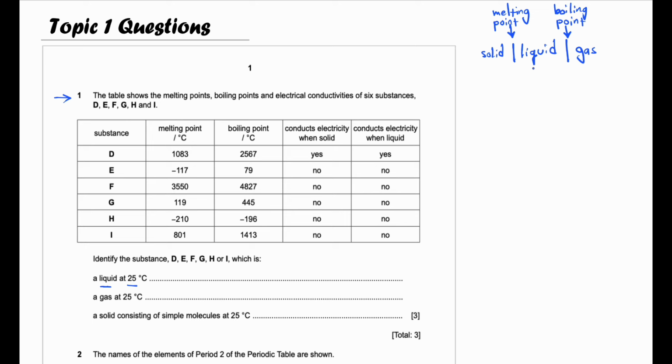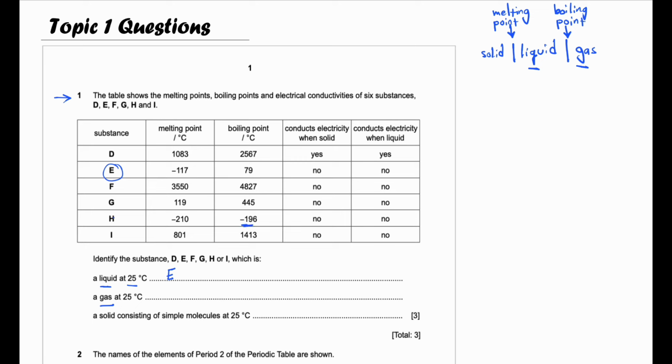If you want the substance to be liquid, it means 25 is between its melting and boiling point, and that happens only in E. Gas at 25 degrees Celsius, it means 25 is higher than its boiling point, and that